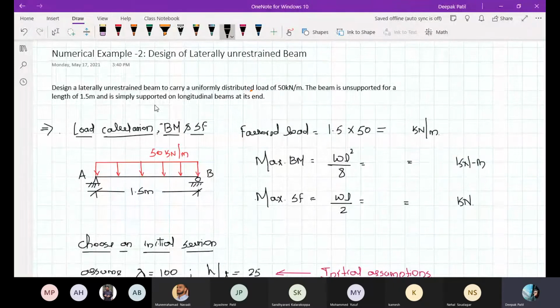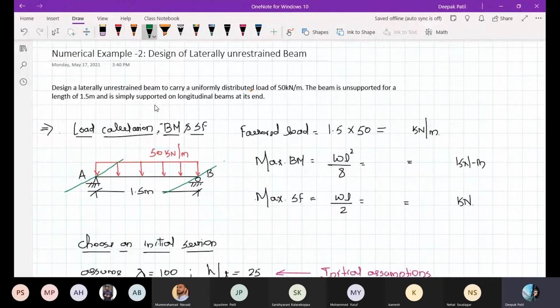So I mean to say, there could be beams something like this. There could be longitudinal beams something like this. On these beams, this beam is resting, and it is laterally unrestrained. So let us proceed further and see. What we have to do here is decide a suitable section for this beam. That is, either it could be ISMB 400, 600 or whatever. We have to decide a suitable section for this beam.